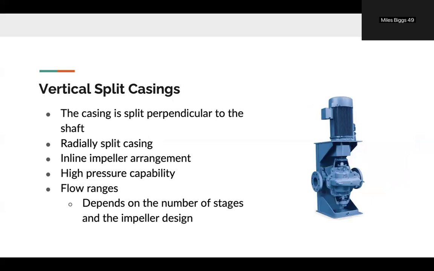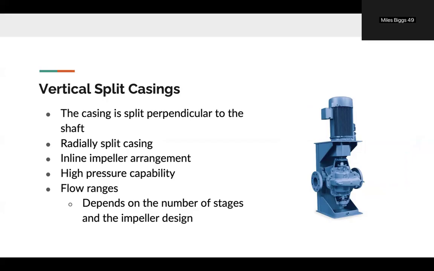Vertical split casings are split perpendicular to the shaft rather than along the shaft center line. These pumps are designed for high pressure and high temperature applications, often found in industries such as oil and gas, power plants, and chemical processing. It's a radial split casing, so the pump casing is divided into two halves vertically, making it ideal for high